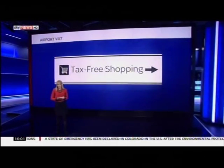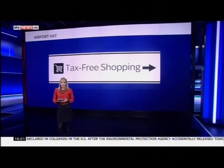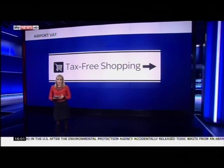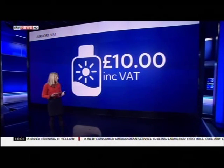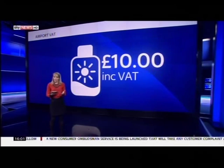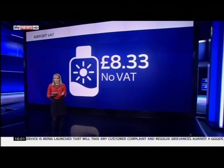Well, let's start with the basics, shall we? Many of us think that airports are cheaper because you're shopping tax-free, but what exactly does that mean? Let's imagine you're going on holiday and buying a bottle of sun cream. VAT is added to most items we buy at 20%. So, for example, on the high street, the bottle of sun cream, including VAT, might cost £10. But at airports, if you're travelling outside the European Union, VAT isn't added, so the same bottle of sun cream should cost